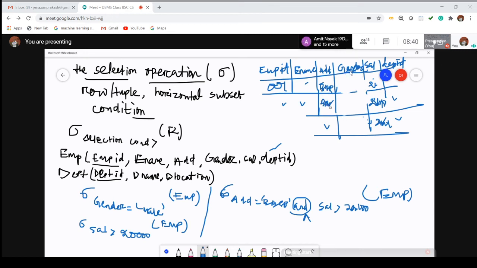Address equal to Bhubaneswar, salary is more than 20,000, and it will discard all other values which do not satisfy these two rules. So this is all about selection operations. So the simple thing is that you can perform a particular operation, or you can remove some of the values, or you can go for finding some of the operations by using this selection.